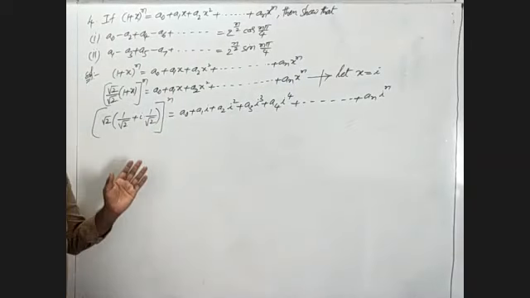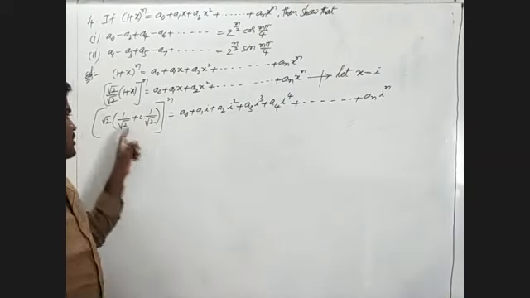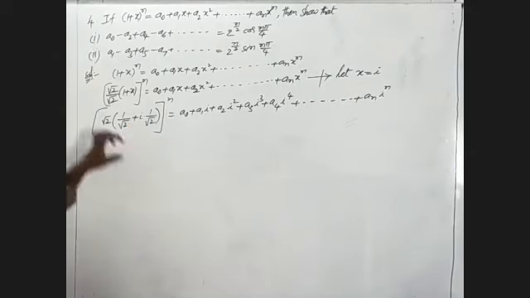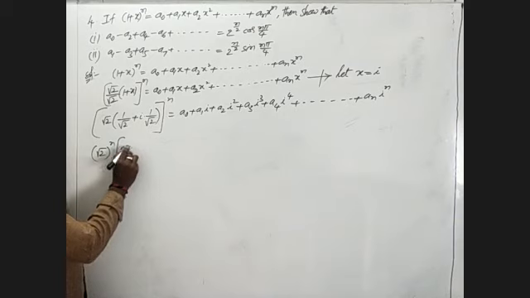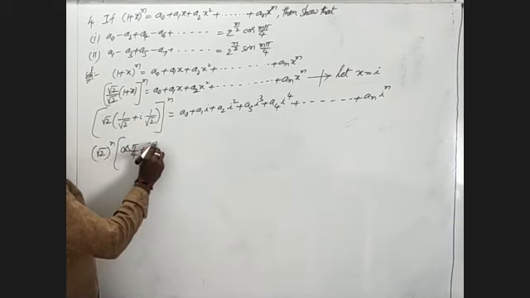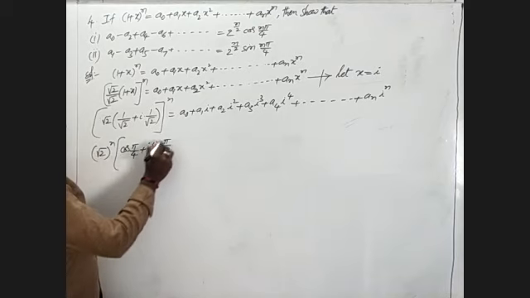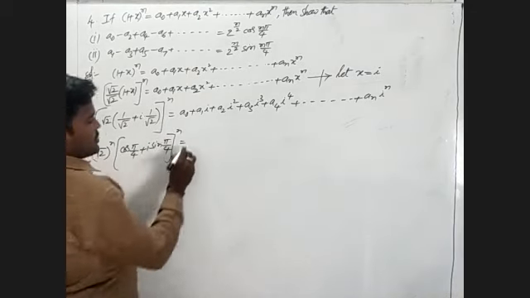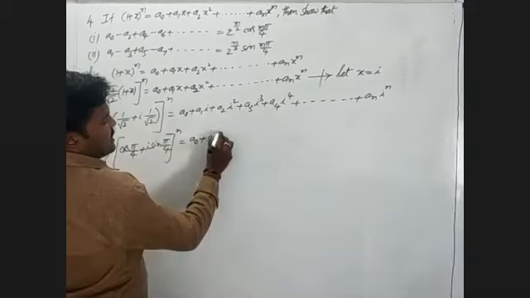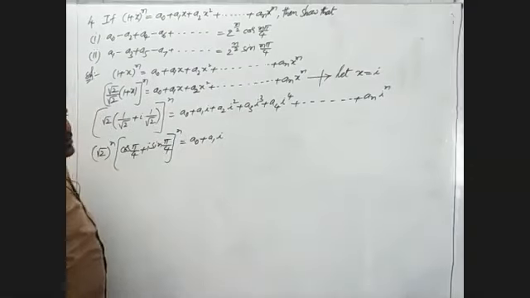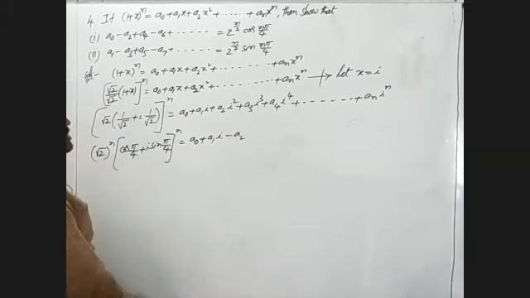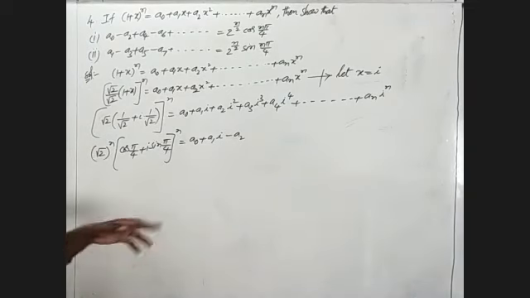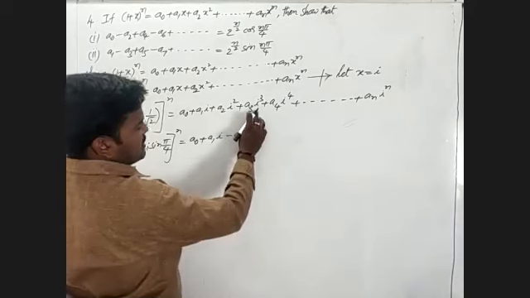We will observe that the given complex number is of the form cos θ + i sin θ. Here cos of 1 by root 2 will become cos π/4, so I will write (root 2)^n into (cos π/4 + i sin π/4)^n. This we have to write as a0 + a1i plus, where i² will become minus 1, so minus a2, and i³ is minus i.